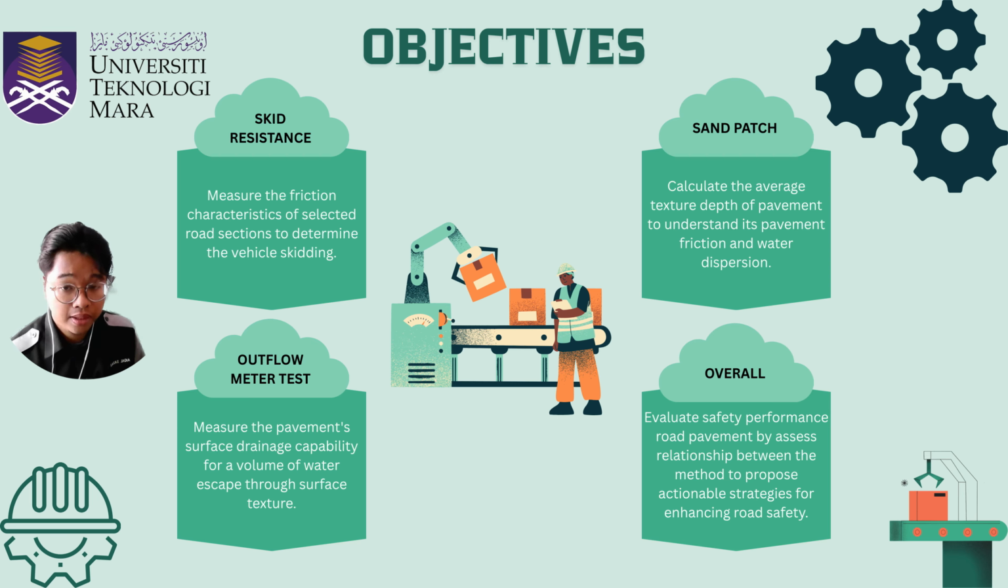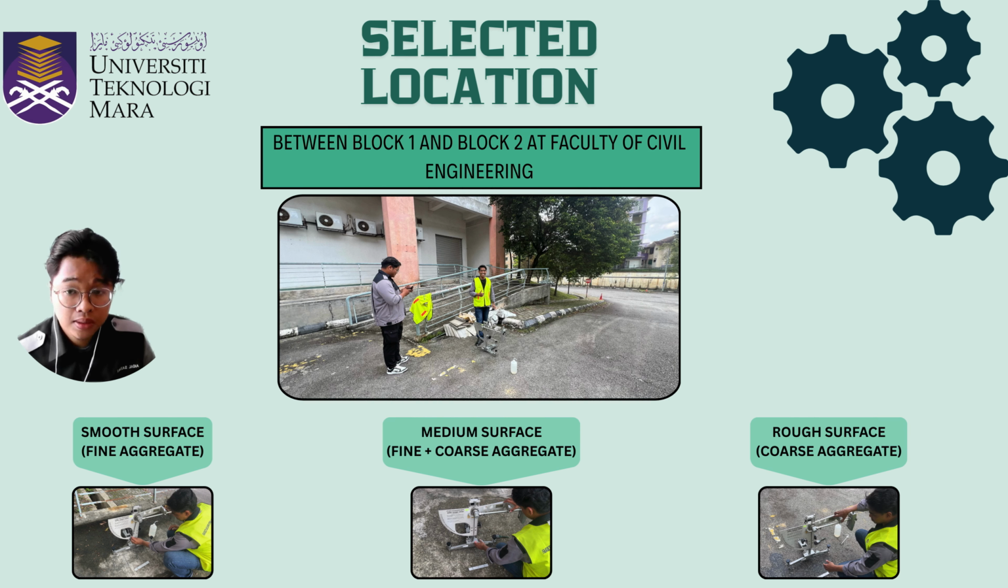Third is the outflow meter test. We use this to check how well the road surface drains water. Finally, our overall objective is to look at how all these tests connect so we can suggest practical ways to make roads much safer. The location that we chose is between Block 1 and Block 2 at the Faculty of Civil